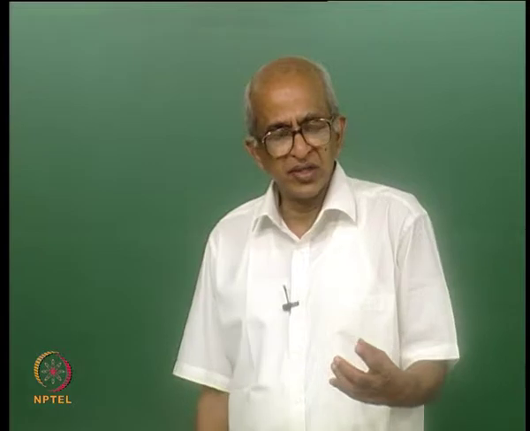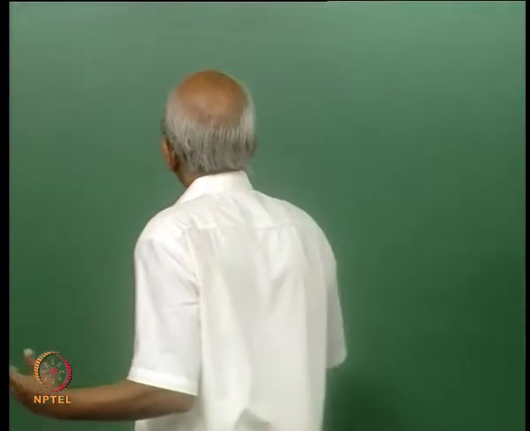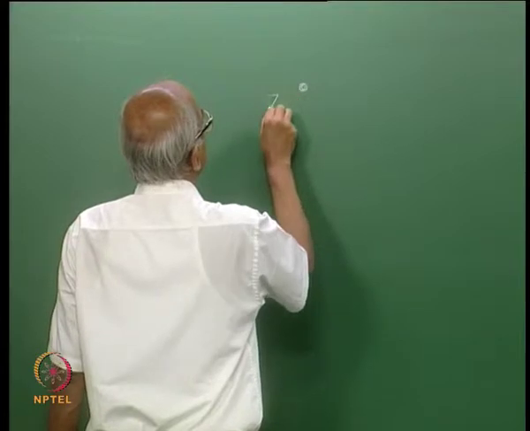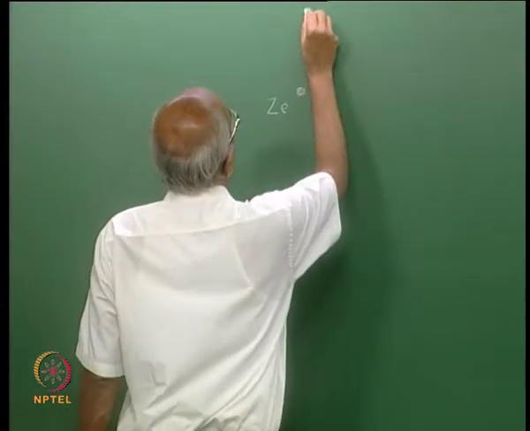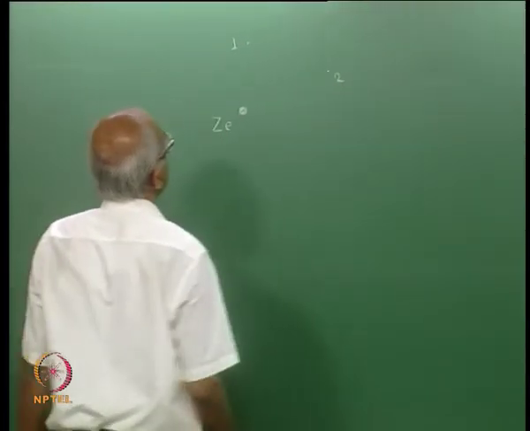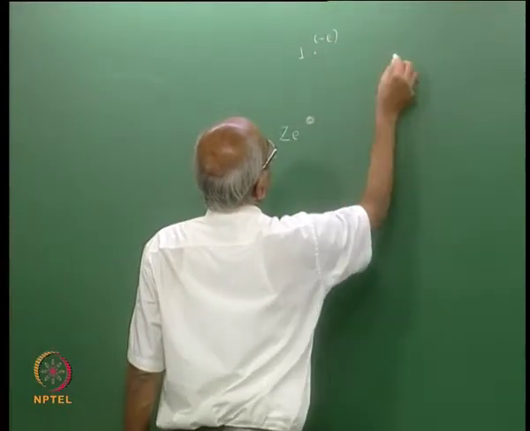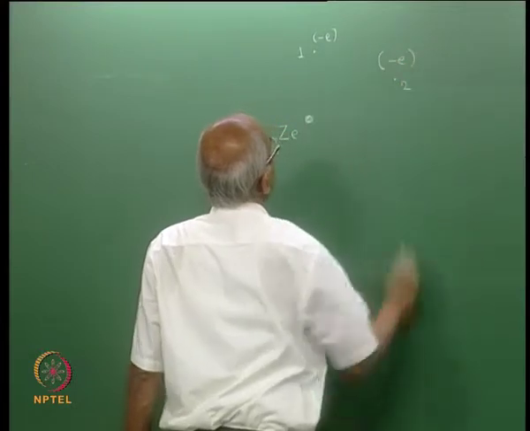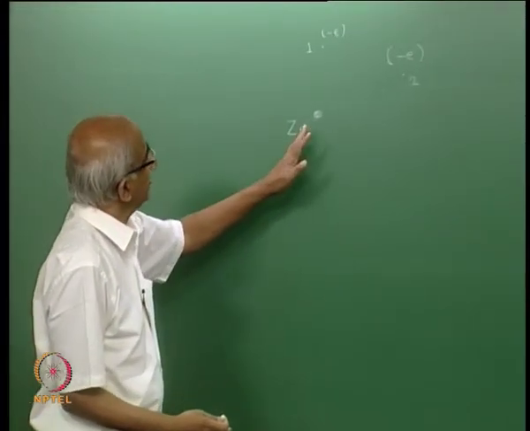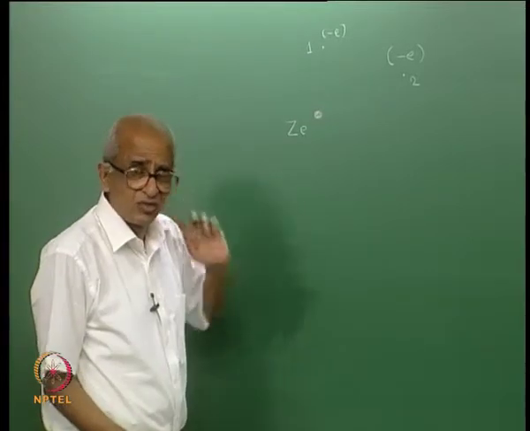A helium-like atom means that it has 2 electrons and a nuclear charge of plus Ze. So this is the nucleus having a charge of plus Ze, and there are 2 electrons, 1 and 2, both of which of course are negatively charged. So they have charges of minus e each. Now, as I said, we are not going to worry about center of mass motion. That means I will take the coordinate system in such a fashion that the nucleus is sitting at the origin,